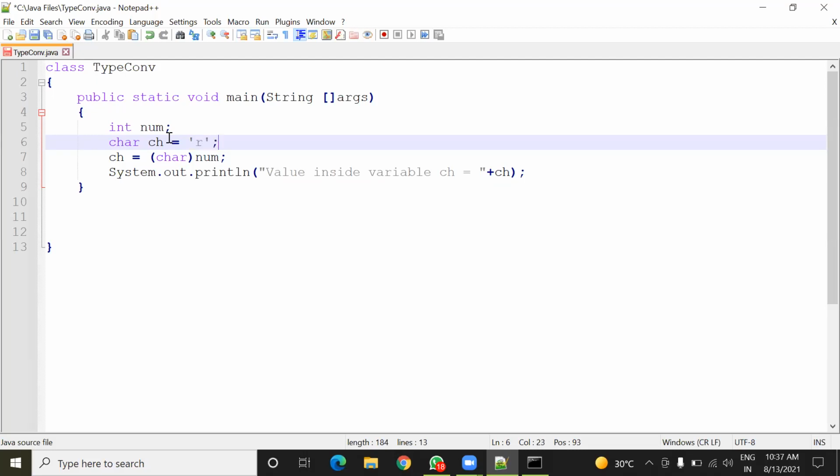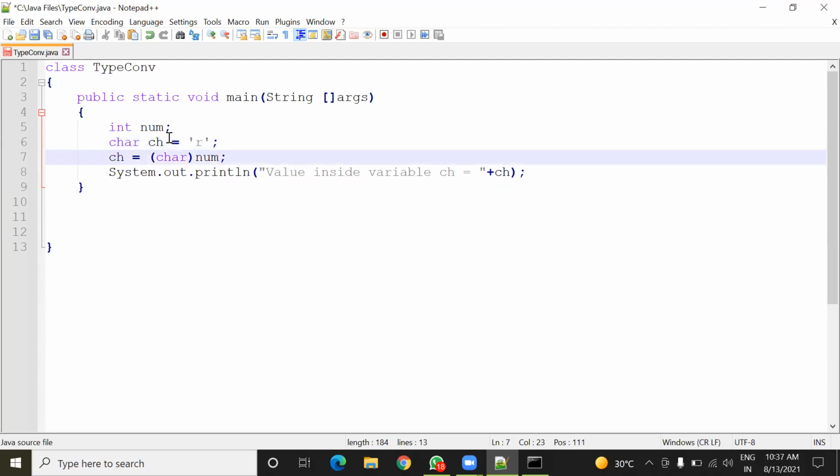And here in the assignment, I'm going to assign this ch value inside num. So num equals to ch. So what do you say about this statement? Num equals to ch. What kind of conversion is taking place here?